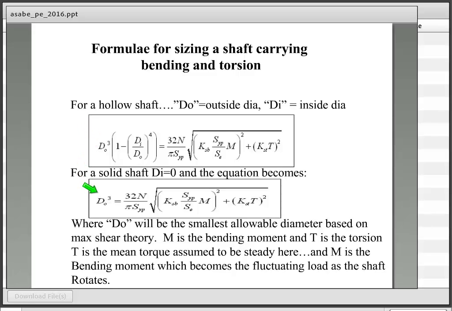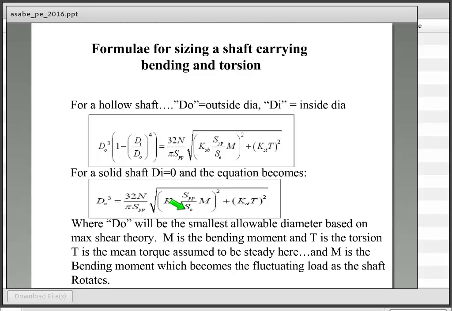For example, if you know the bending moment that's being applied by the loads on the shaft as it's rotating, and you know the torsional load that the shaft is carrying, and you know the yield point of the material, and you know your allowable working stress, S of E,